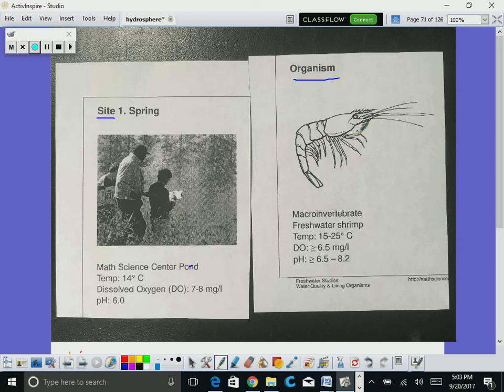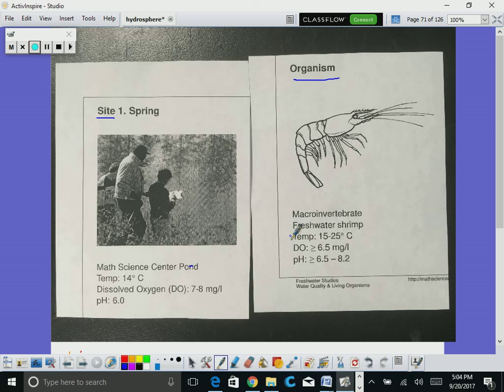Okay, some sites might only have one organism, some might have 12. I can't remember how many organism cards you have, but there'll be several. Okay, so basically what you do is you look at what the temperature, the dissolved oxygen, and the pH is like at that site. So this one has 14 degrees Celsius, 7 to 8 milligrams per liter dissolved oxygen, and 6.0 is the pH. So I come over here to the freshwater shrimp, okay, and I can look at any one